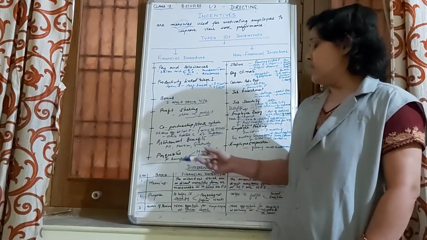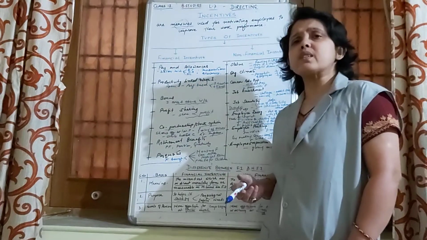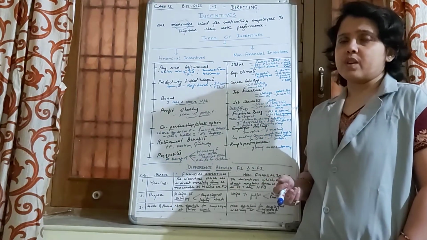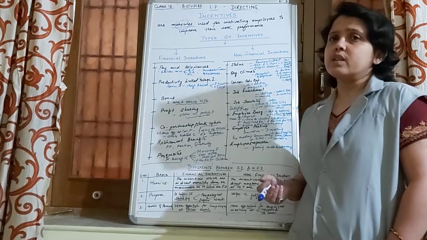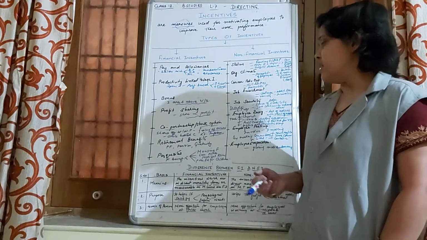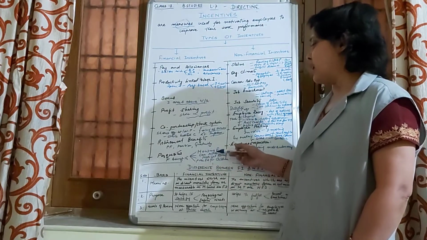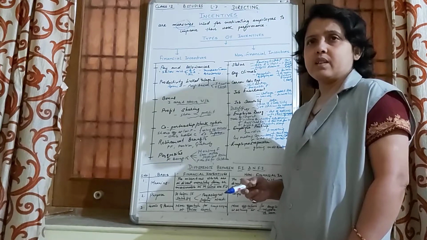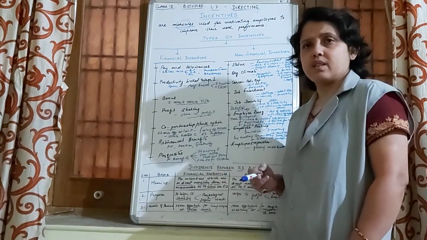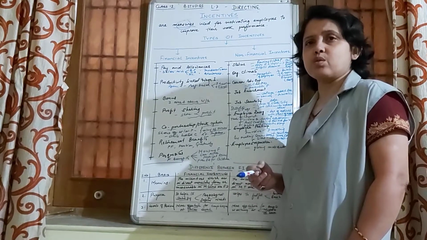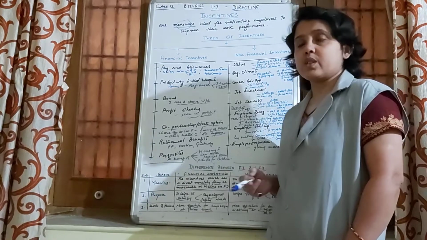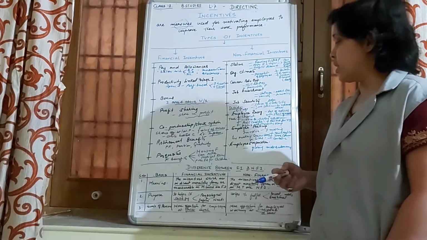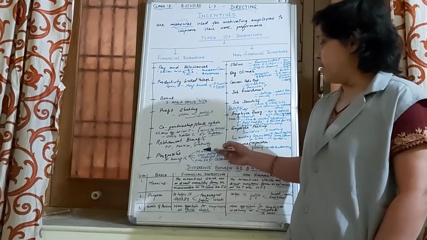And the last, that is perquisites. Perquisites are the benefits. It is also called the fringe benefits, which is provided to the employees. They may be in the form of housing facilities. We see that the organization pays for the house which an employee is provided or which an employee takes.